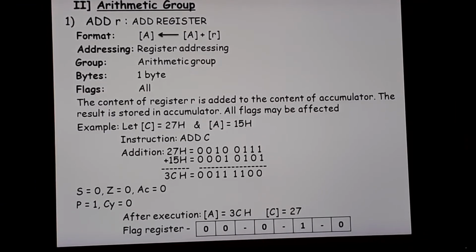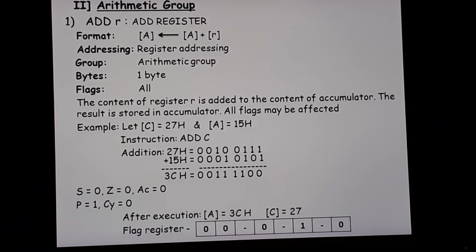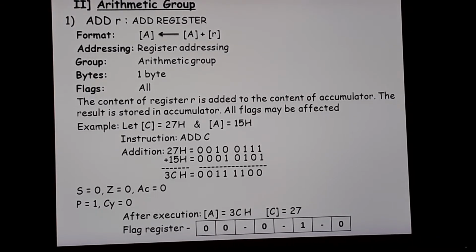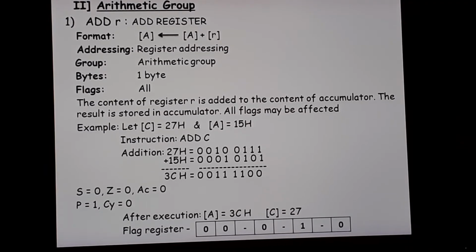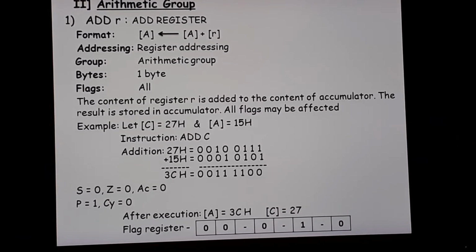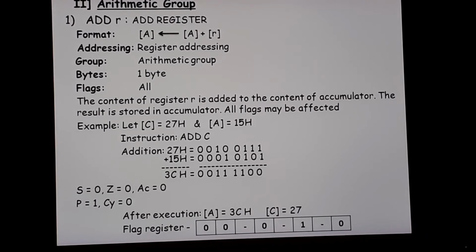1 plus 0 is always 1. 0 plus 1 is also always 1. Now 0 plus 0 is 0 and 1 plus 1 is 0. So the sum is 0 and there will be carry which will be generated. So the addition of 1 plus 1 is 0 and carry is 1. Okay, and if there are 3 ones for the addition, then the sum also is 1 and the carry is also 1. Okay, you need to revise that chapter.